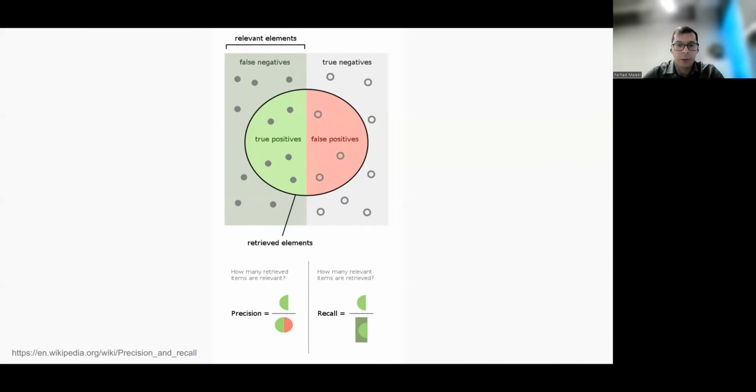If I want to show it here, to give this image a context, assume that this is all of the patients that we had in our database.